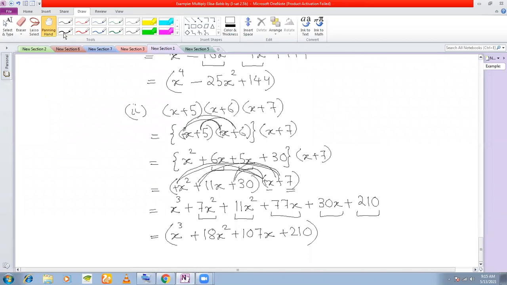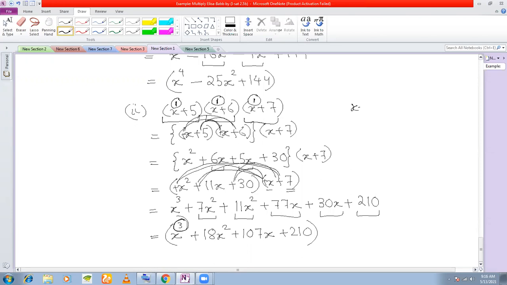Something very interesting that you must note here is, see, the power of x here is 1, the power of x here is 1, and the power of x here is 1, isn't it? And what is the sum of these powers? Highest power of x? 3, isn't it? 1 plus 1 plus 1. And see the highest power of x here we are getting as 3. This is something interesting that you must note. And how many factors are there? There are 3 factors, 1, 2, and 3. So that is why you are getting power 3 here.